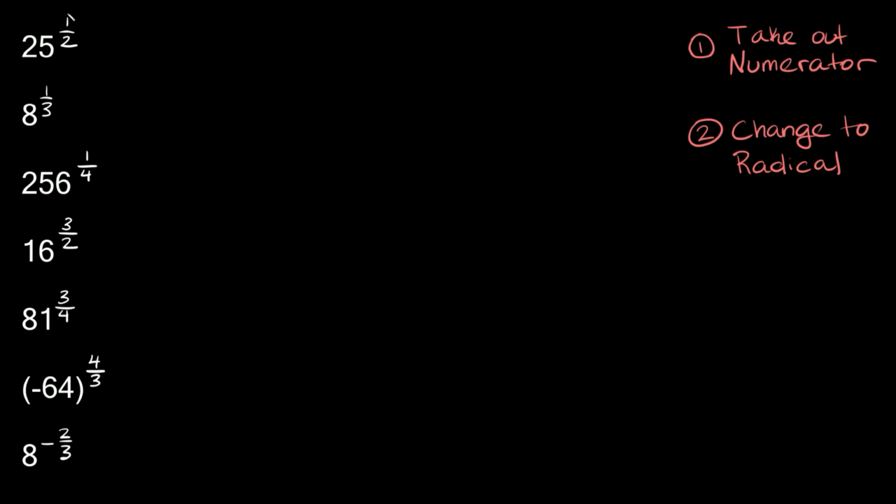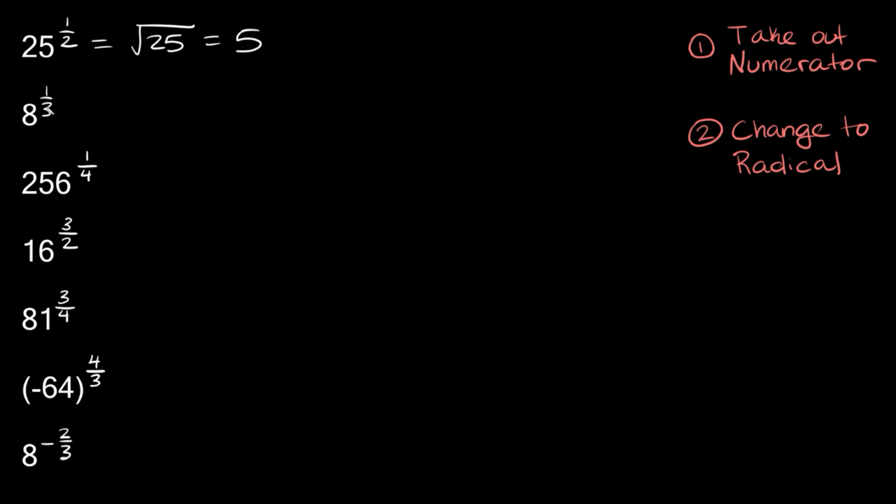Now, whenever you have a 1 in the numerator, it's actually fairly easy to solve because 1/2, that's the same thing as the square root of this number. 1/3 is equal to the cube root of this number. 1/4 is equal to the 4th root of this number, right? And so on. So 1/5 is the 5th root, 1/6 is the 6th root, etc. So here, again, 25 raised to the 1/2, that's the same thing as the square root of 25, and that's